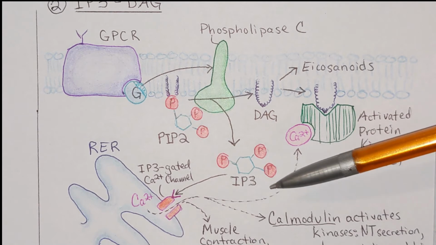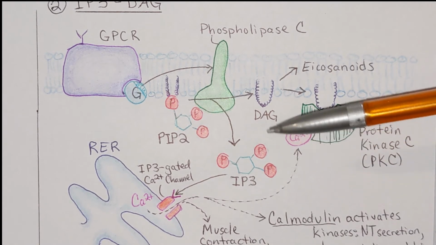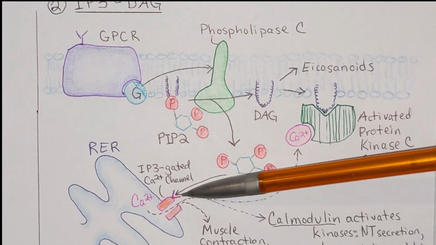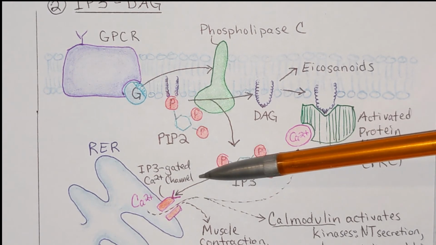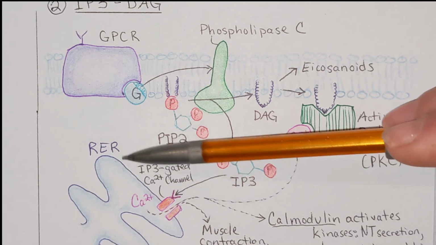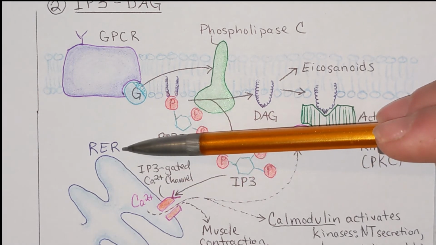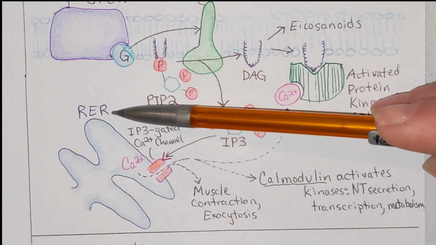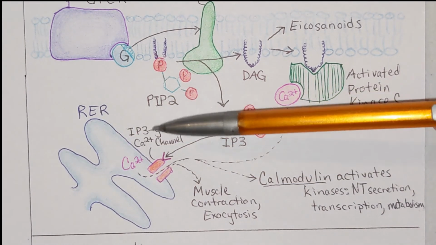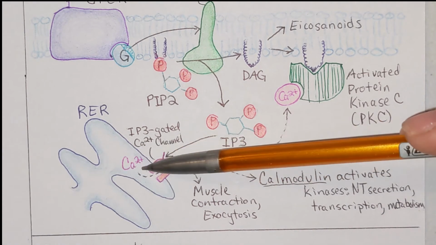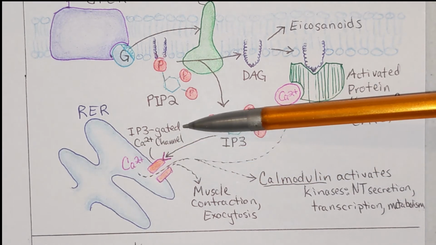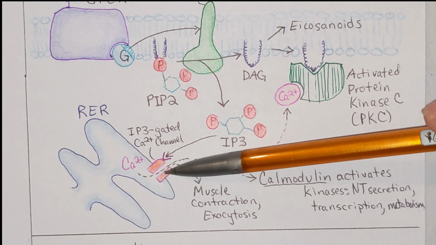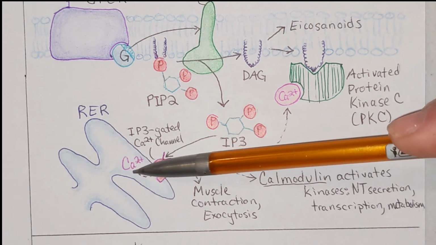Now, IP3 has a series of different events. I'm just going to highlight a couple here. First of all, IP3 can bind to IP3-gated calcium channels that are embedded within the rough endoplasmic reticulum membrane. Okay. The RER is responsible for doing a lot of things, including being a reservoir of calcium. So as soon as IP3 binds to these receptors, the associated ion channel opens up,